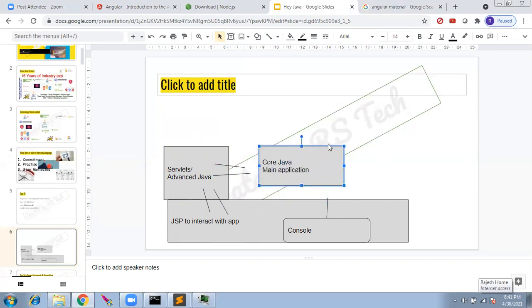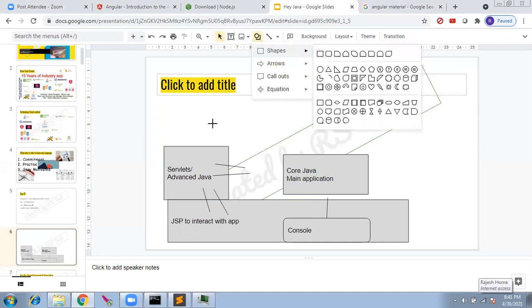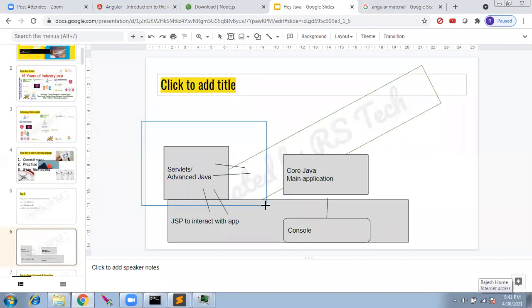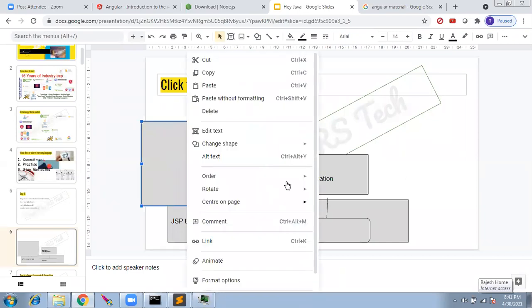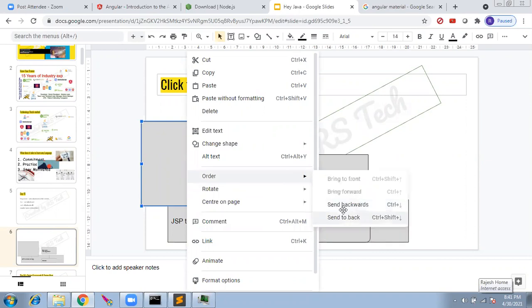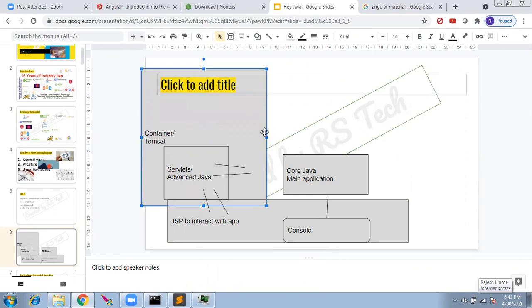Now, what was the drawback? Core Java was powerful. He can survive individually, but this guy cannot survive individually. He needed a container. He cannot run on its own. Core Java, you can run on its own, just hit run and it used to run. But this guy needed a container. We call that the Tomcat container. That is why Tomcat came in. I'm just doing a recap in a different way so you understand it.